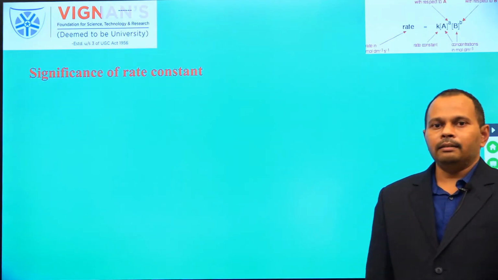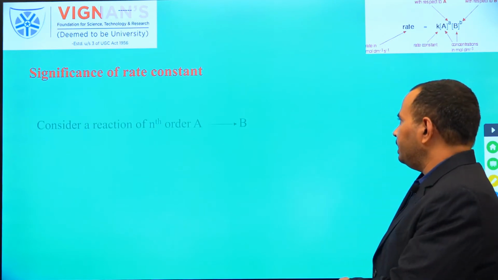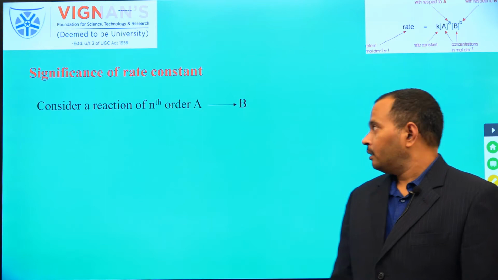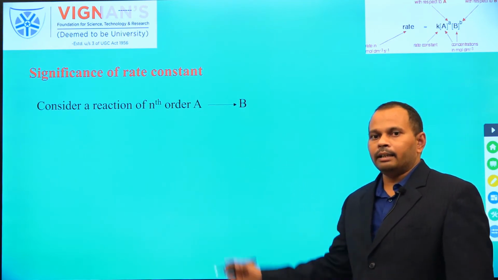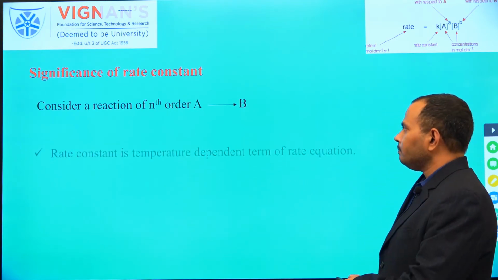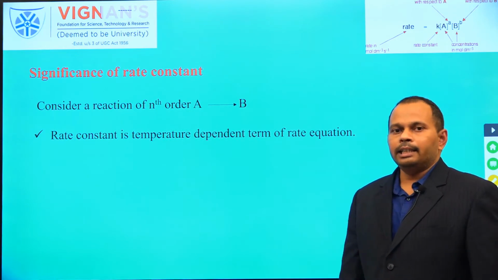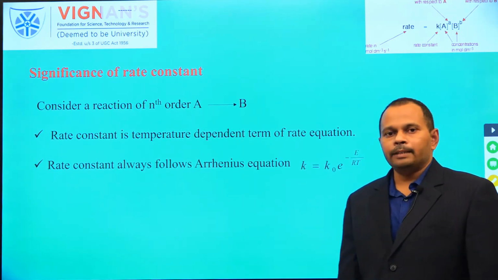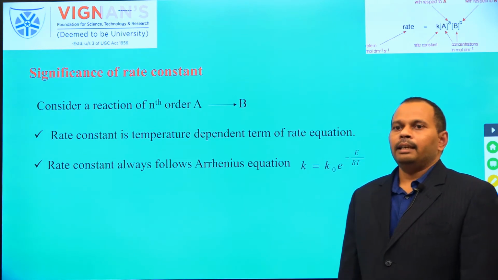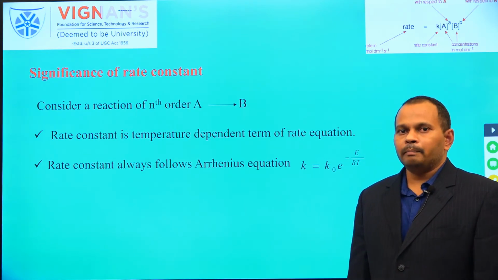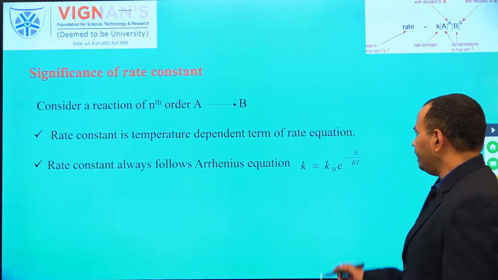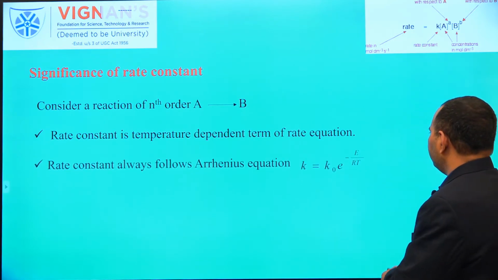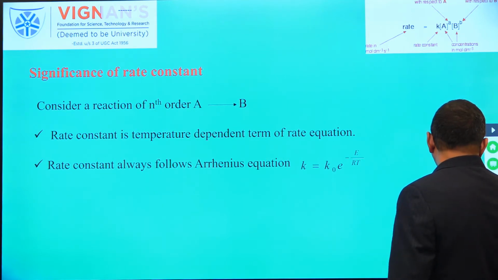Significance of rate constant. The temperature dependent term in the rate equation we always represent with the rate constant. Here consider an nth order reaction A to B. The rate constant is the temperature dependent term in the rate equation, and it always follows the Arrhenius equation: k is equal to k0 into e to the power of minus E by RT. Here k0 is the frequency factor, it depends on the number of collisions between the reactant molecules,